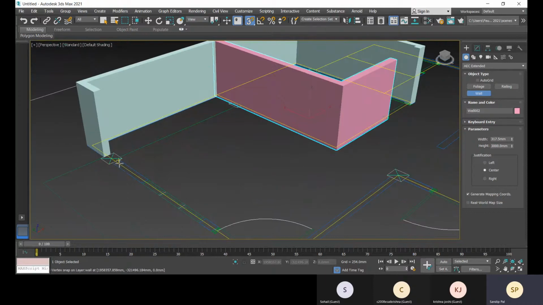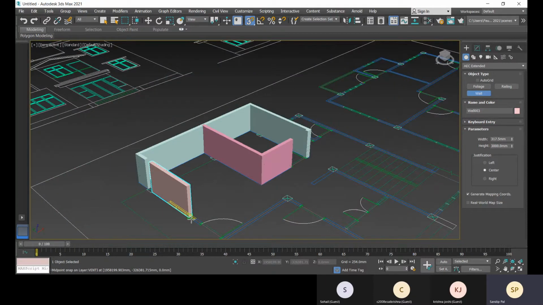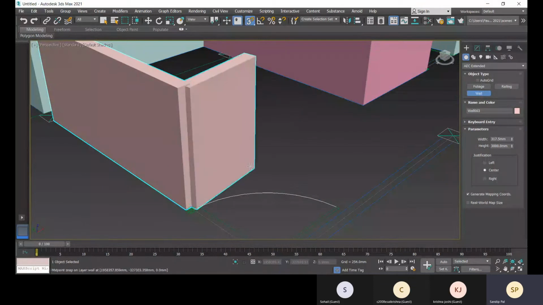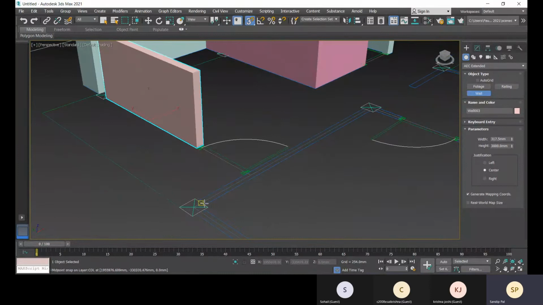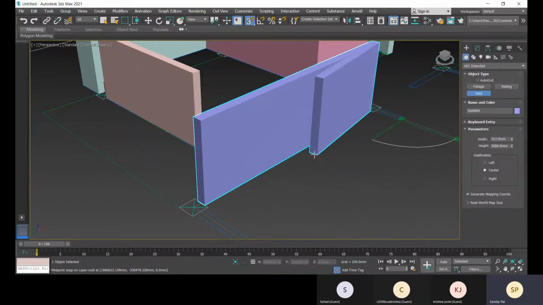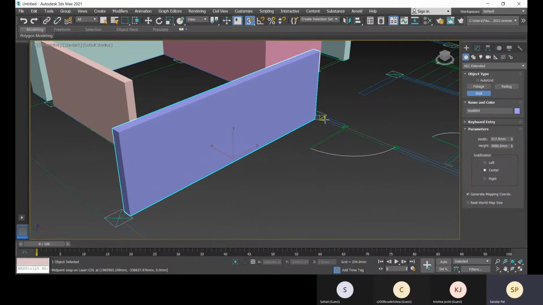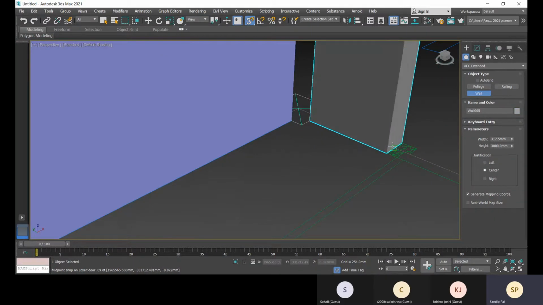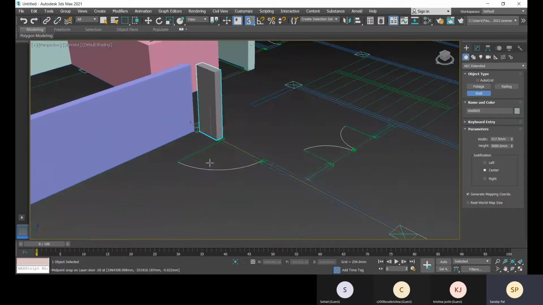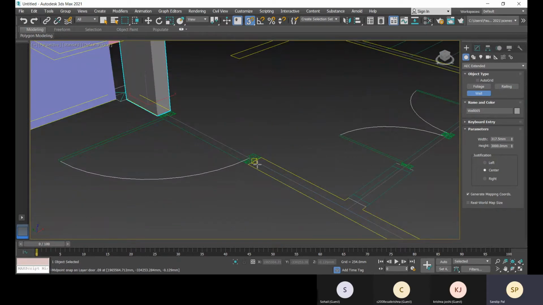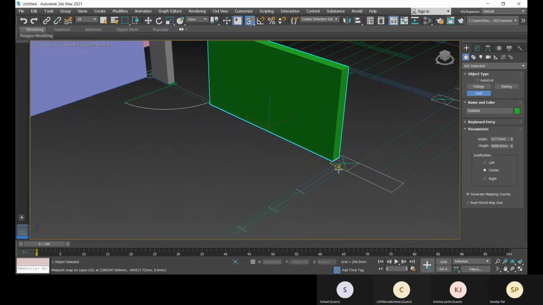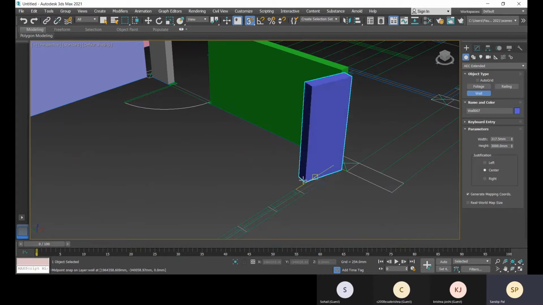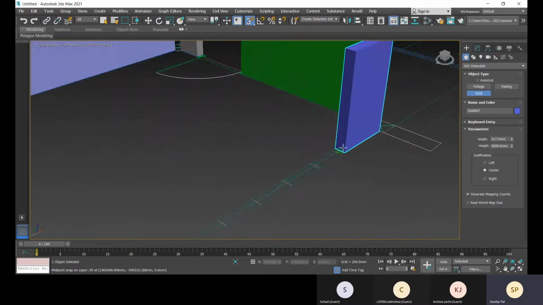There you can place a column, so you can create a column. Right click, start again, right click, select, place, right click, left click, right click to start it again, select it.